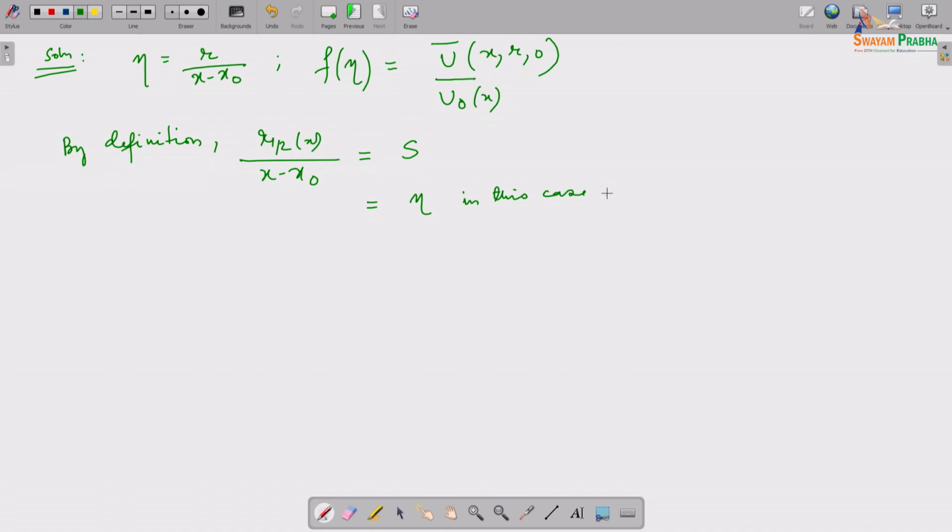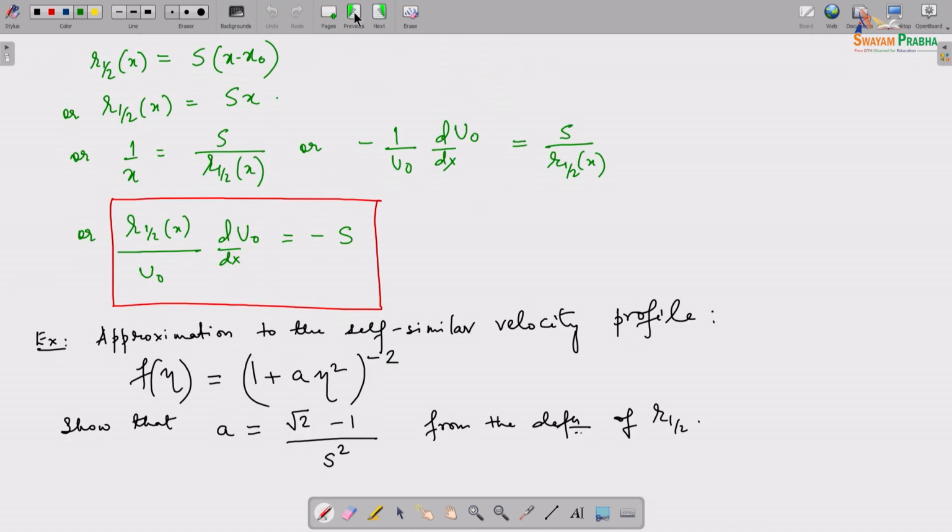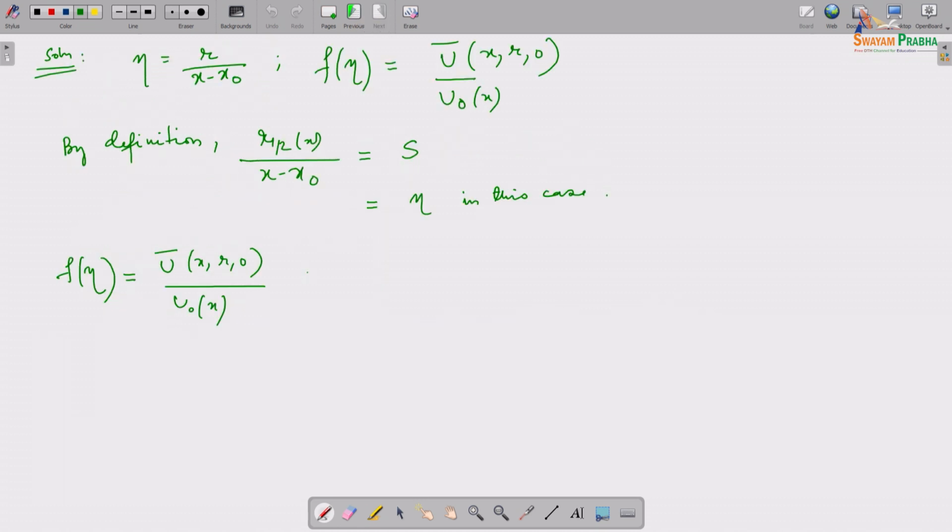So now f of eta is equal to this. So in this case, what we're going to do is